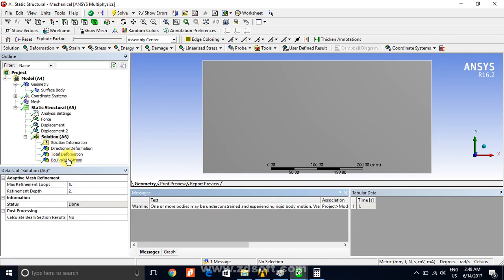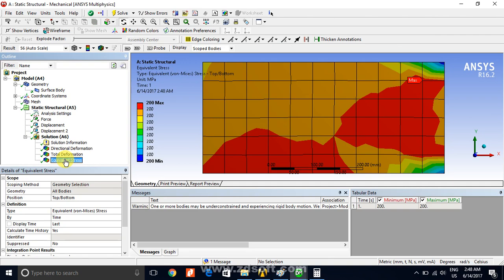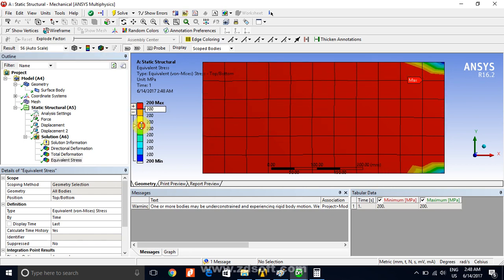Okay, so this is the equivalent stress. You can see here 200, 200, 200, 200, 200, 200. Okay, so this is the boundary condition which is applied. This is the stress which